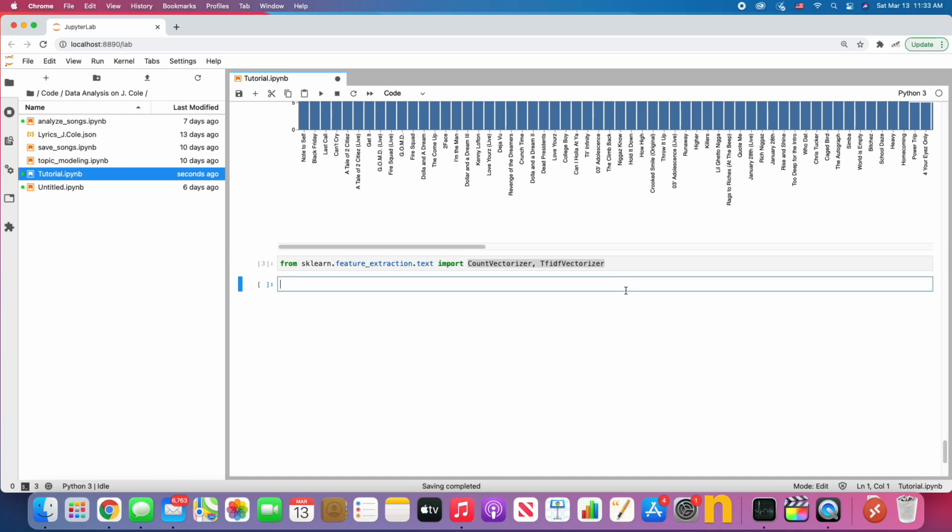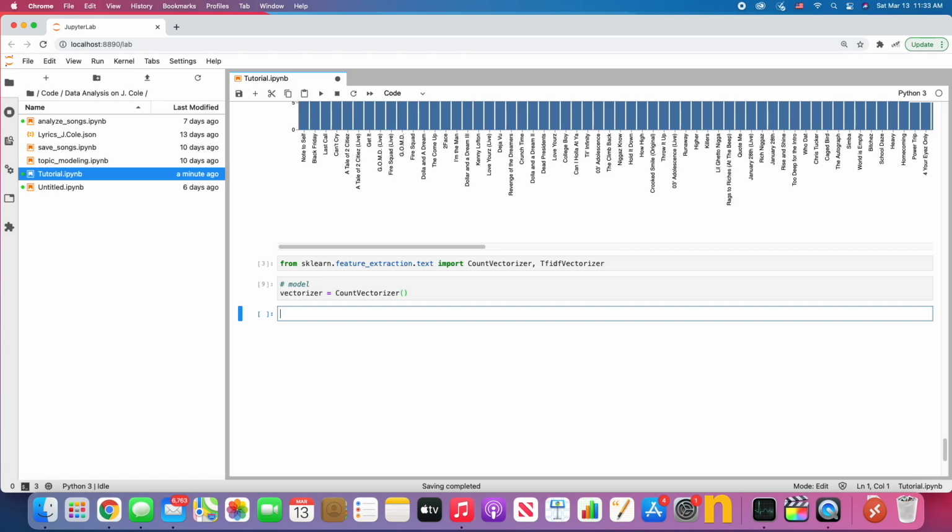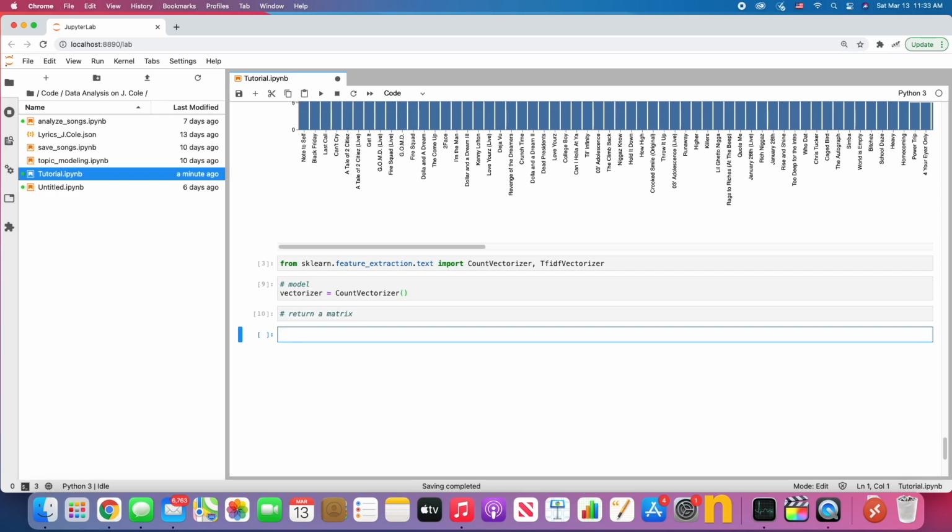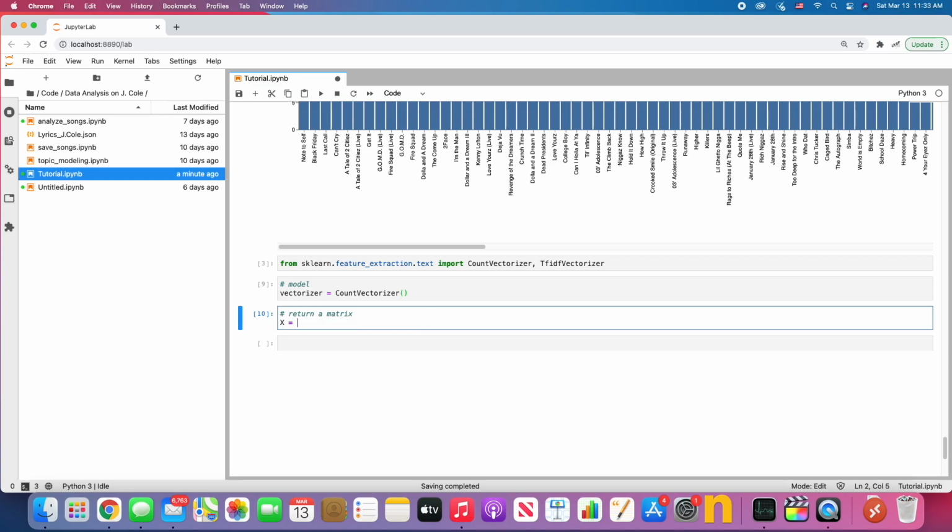We're going to first create something called a model. So we're going to call vectorizer equals CountVectorizer, instantiate it. So here, vectorizer is our model. And we're going to use the model to return a matrix, and we're going to call the matrix X, capital X. We're going to use a function called fit_transform, and then we're going to pass in the raw documents